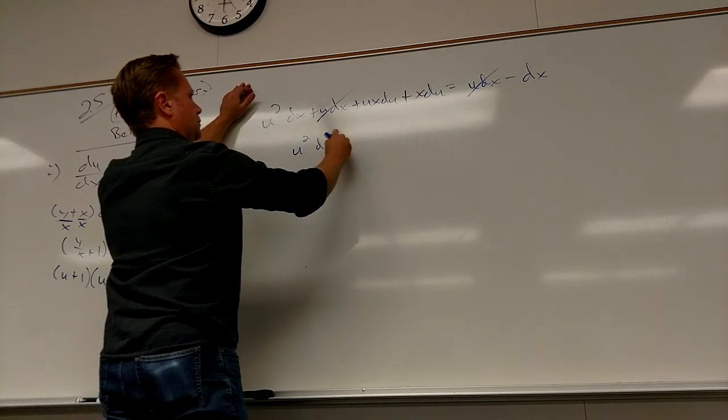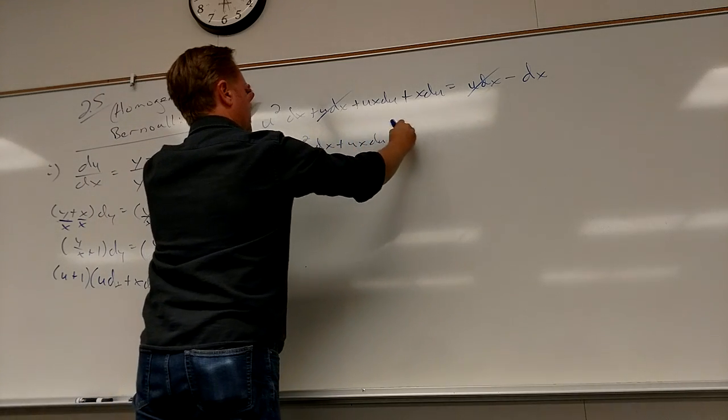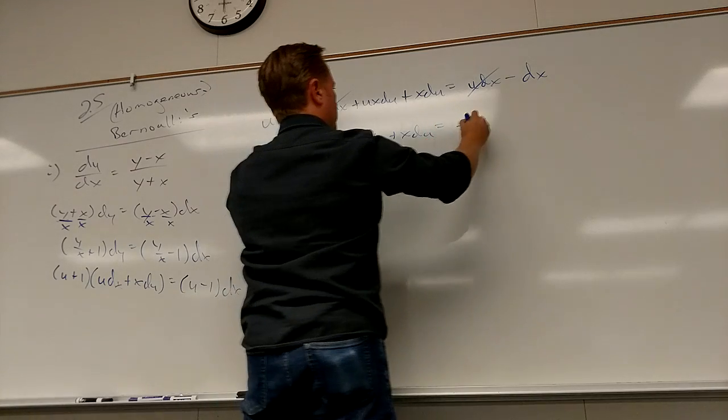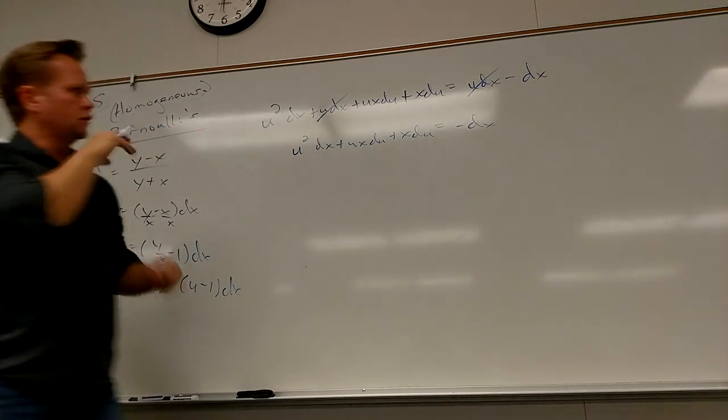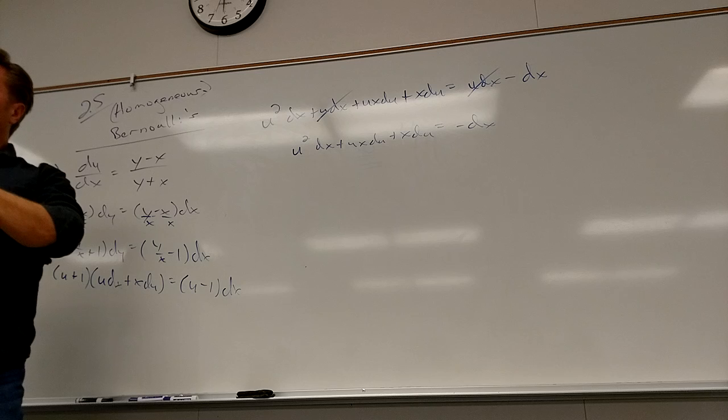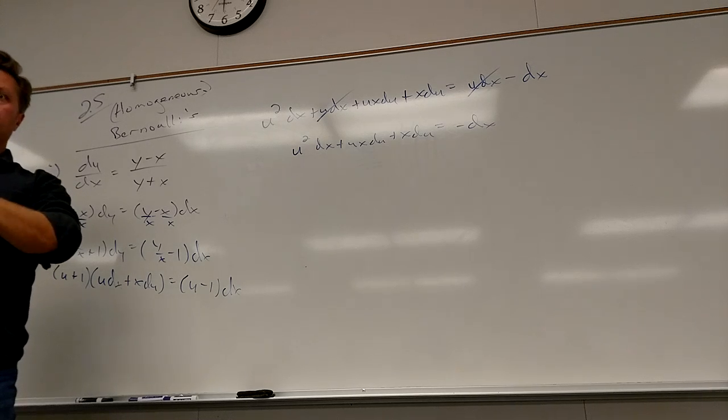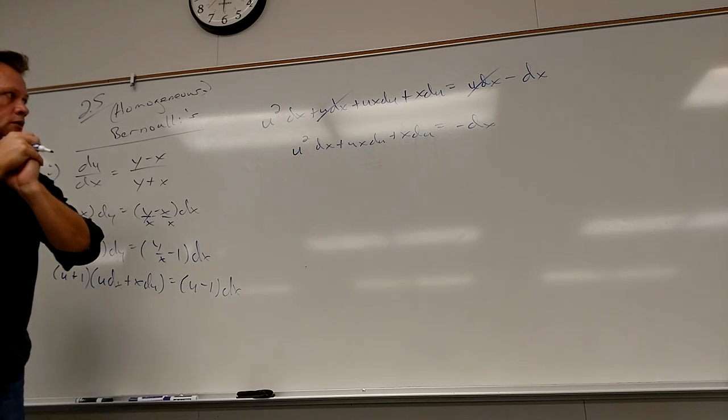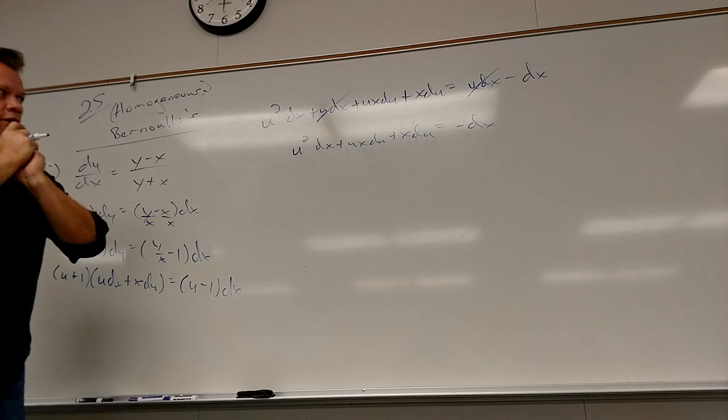We got u squared dx plus ux du plus x du equals negative dx. Now what should feel kind of natural to do here? Factor out the u. Say again? No, factor